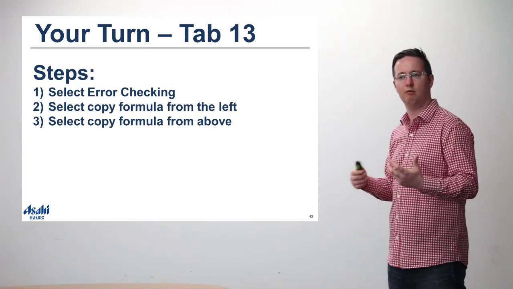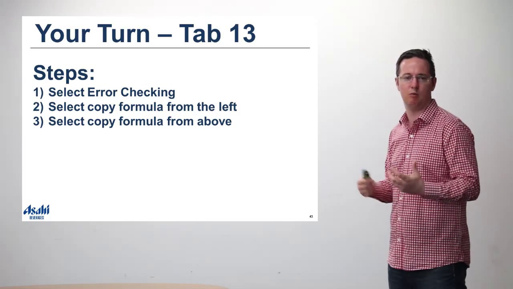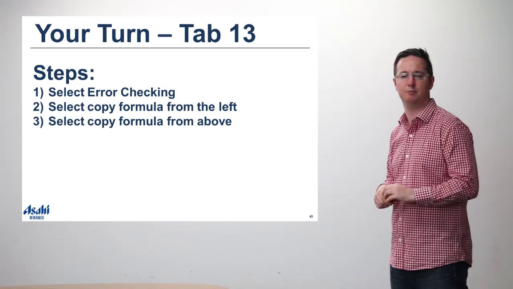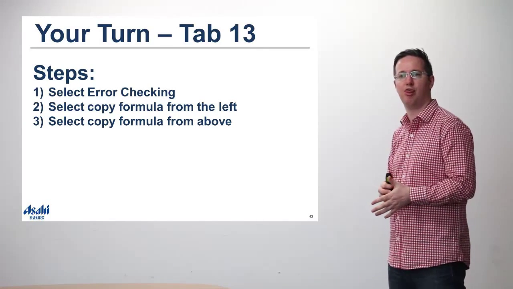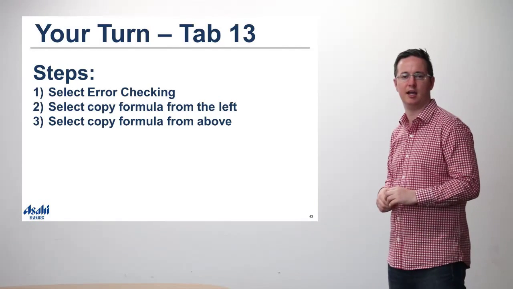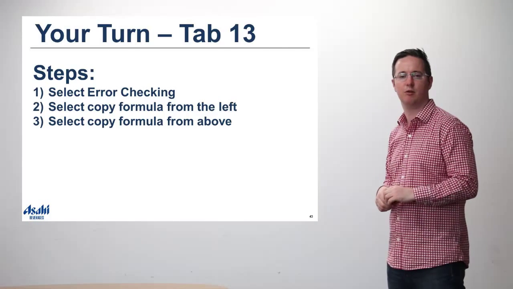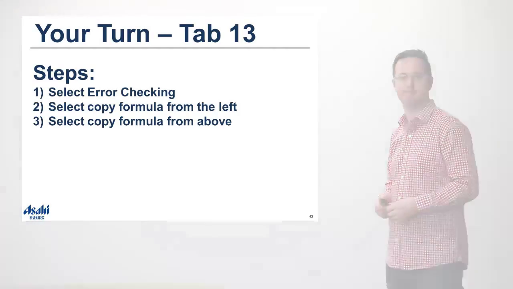So Excel will recommend things that aren't consistent. It won't pick up constants though, that should be sums. So now it's your turn on tab 13 to select error checking and to follow through the steps to replace your formulas. So that's the end of our second knowledge sharing session where we've covered formulas, name ranges and formula